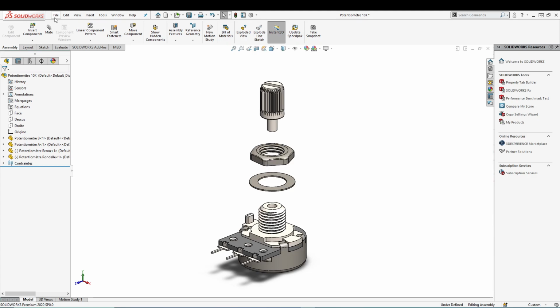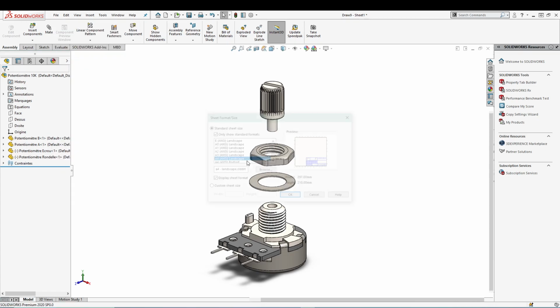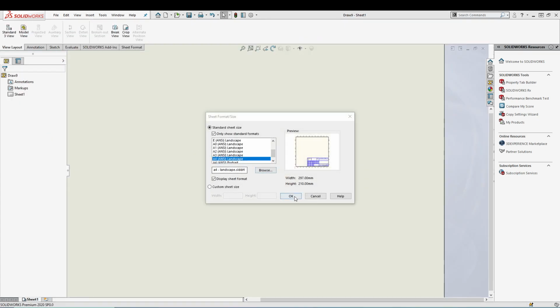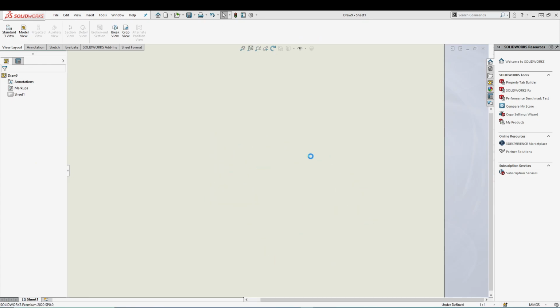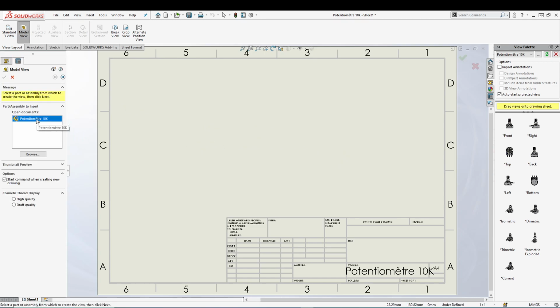this one. So all we have to do is go to file, go to make drawing from assembly, and you can select your sheet size from here. Let's click OK for now, and after that you'll be given all these different front, right, and these different views. Now you can see we have the isometric exploded view over here. We can simply drag this to our drawing sheet, or else you can go to model view, double click on